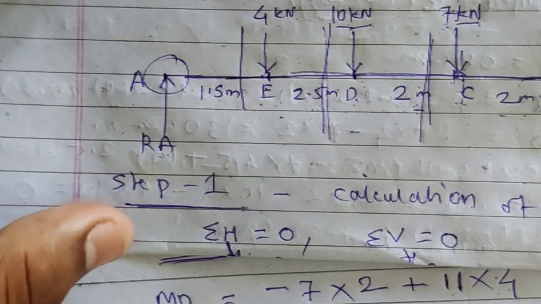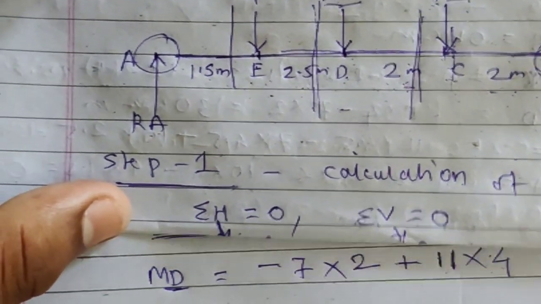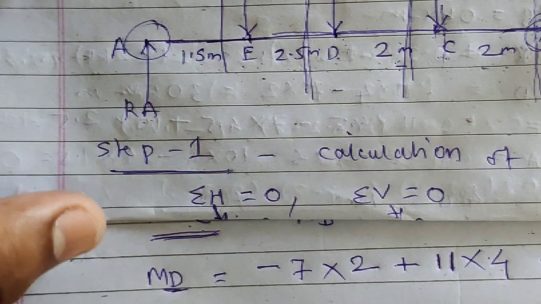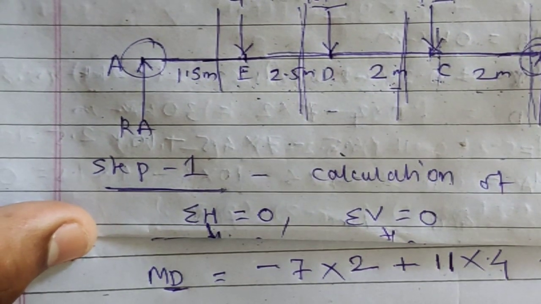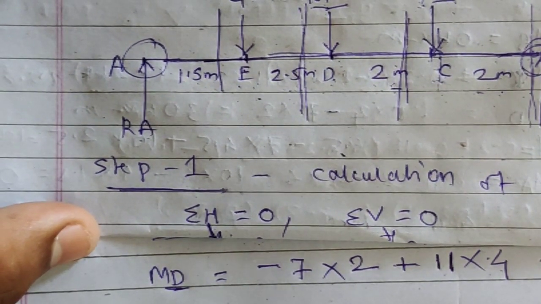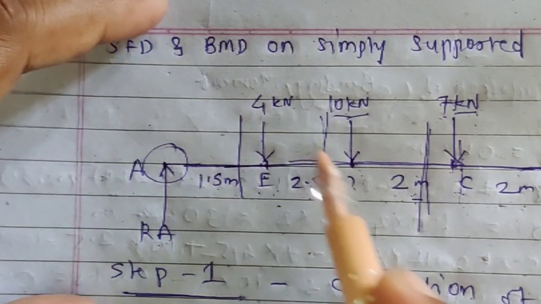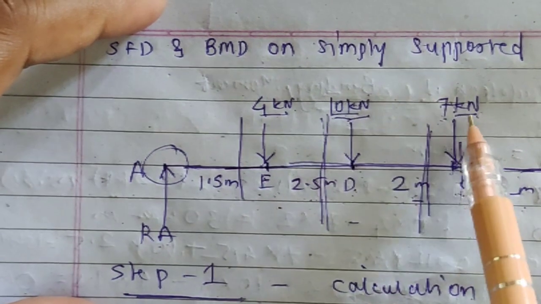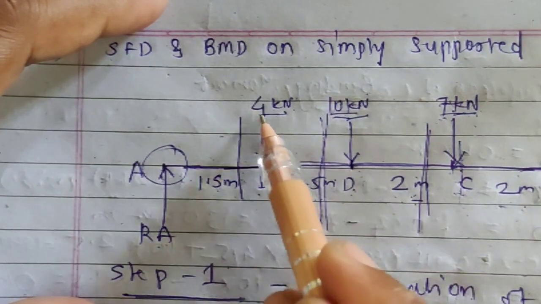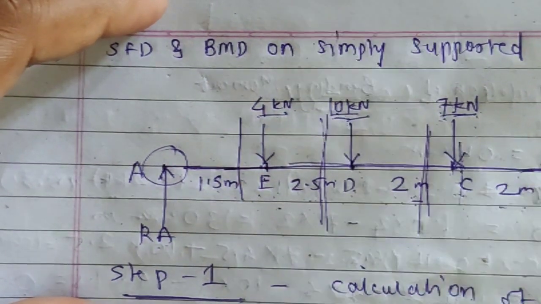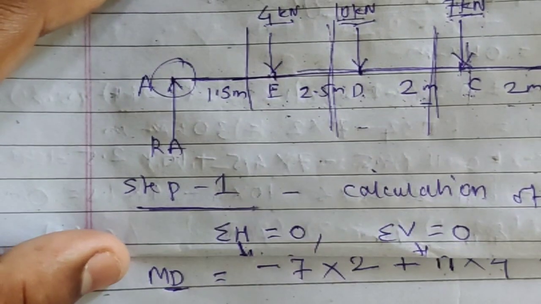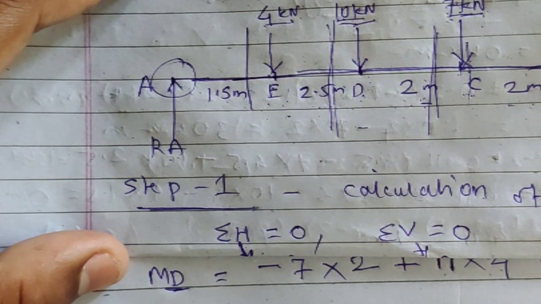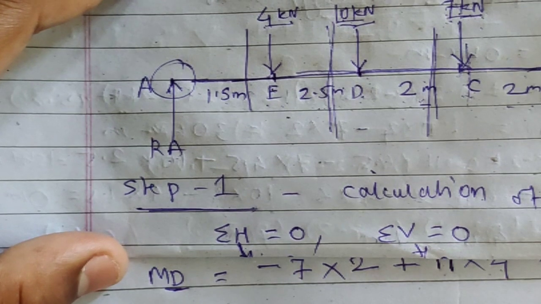Okay, and now we calculate bending moment at A. So at A, how many forces are coming? 4 kilonewton, 10 kilonewton and 7 kilonewton and RB. So minus 4 minus 10 minus 7 plus RB. So my value will be,